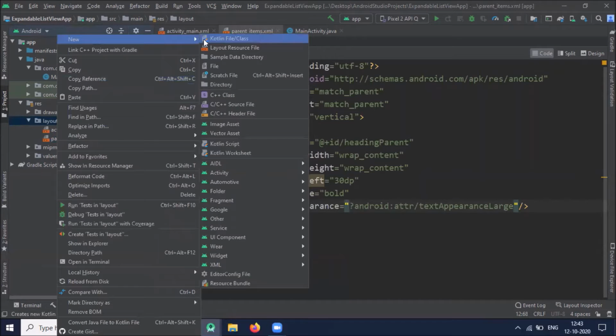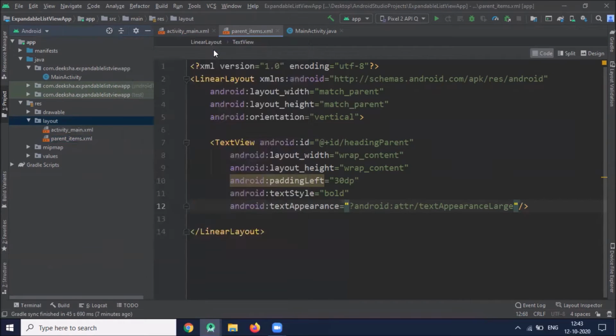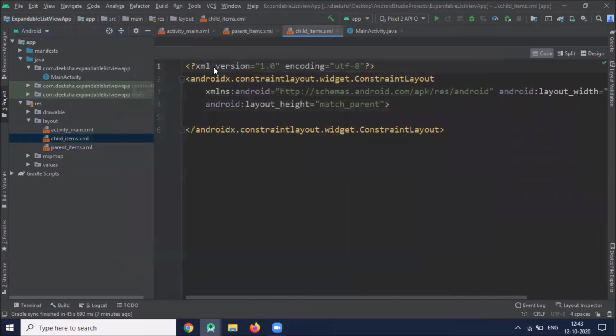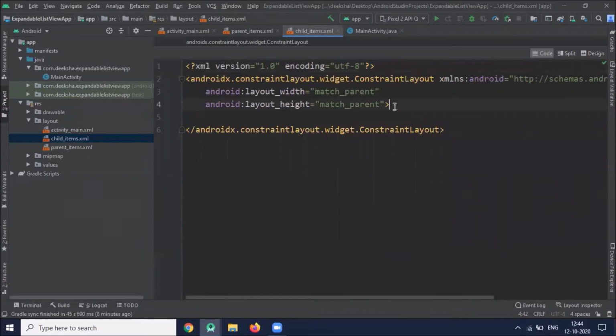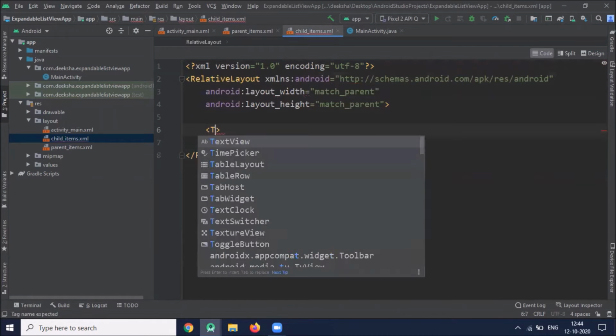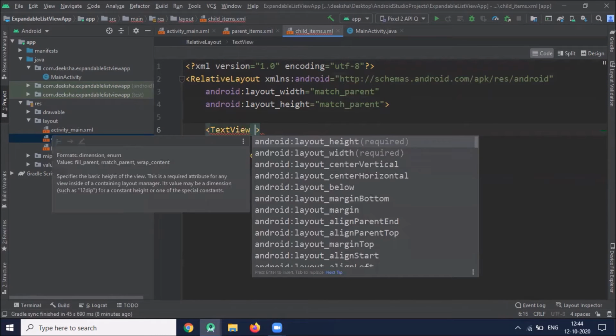Now we create one new layout for our sub items. Here we add two text view, one for number and another for text.